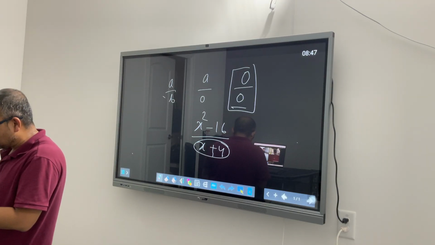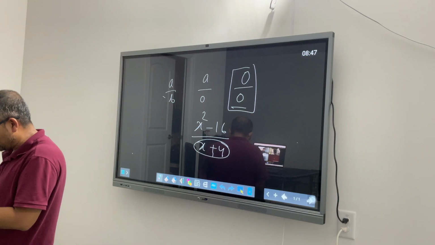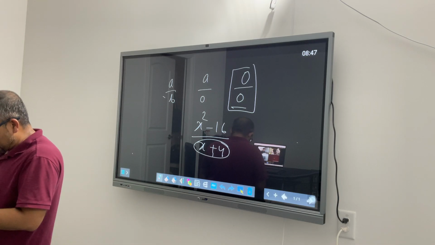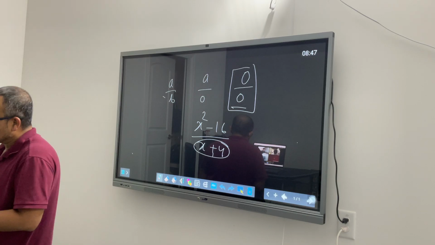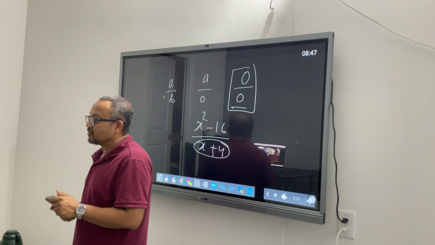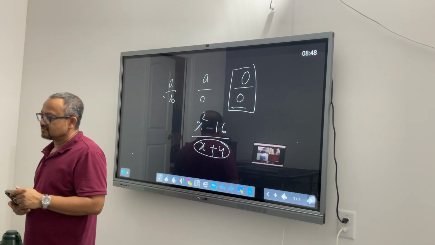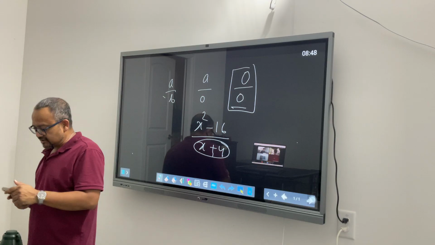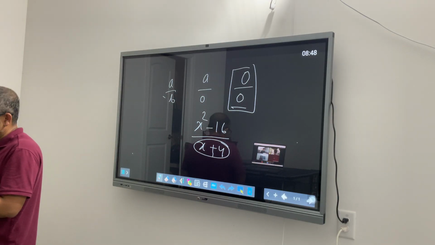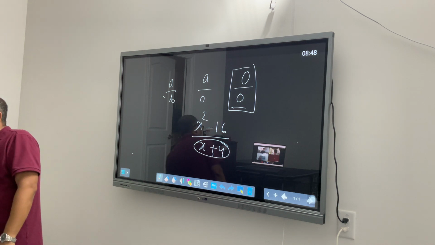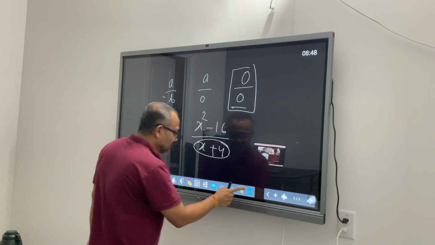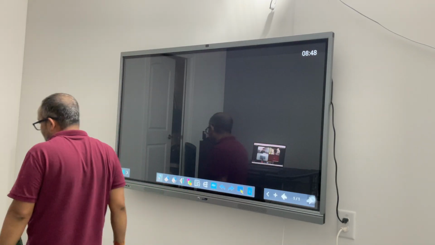Now, what do we want to do now? We want to look at a very interesting theorem called the Squeeze theorem or sandwich theorem. So this is more towards the cooking skill. Squeeze theorem or sandwich theorem. Nobody is here to make a sandwich, okay? Let's not worry about it.